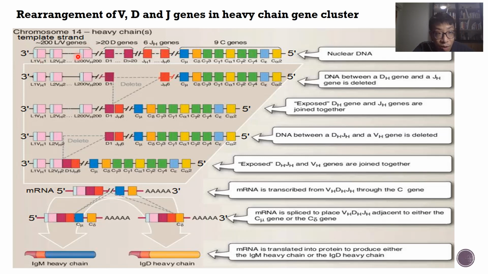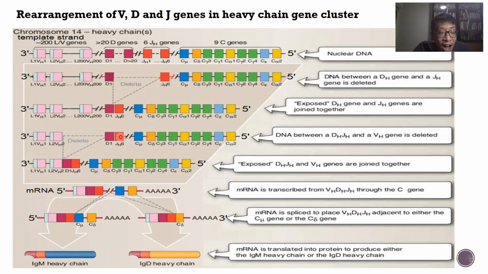So a series of V, a series of D, a series of J, and a series of C. Somatic recombination occurs first to pair up the D and J. Here, randomly, the first D gene, D1, is chosen. Randomly, the last J is chosen, J6. The DNA in between is cut and removed by recombinase, so we get this DJ gene